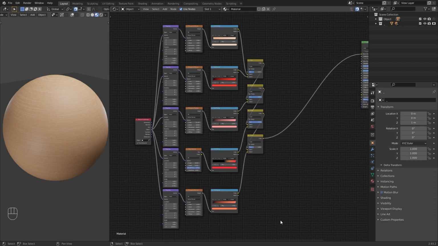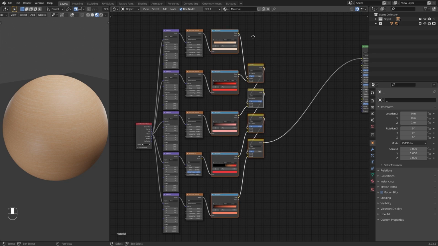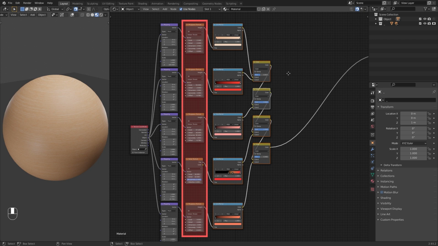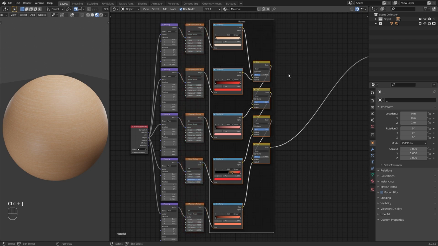Now let's frame these color map nodes. Here we frame only these nodes as a color map. This is because these textures are also used for other maps that we create here. After framing these nodes, now rename this as color map.